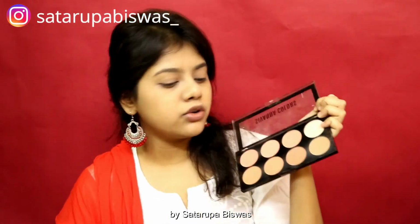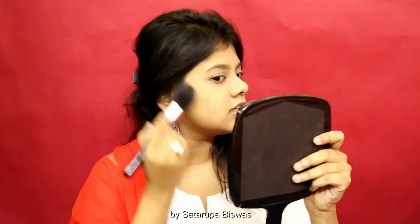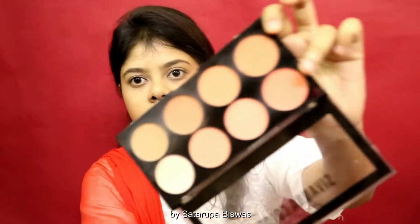So next up, I'm going to bronze and blush. For that, I'm using this Sivanna Colors palette. I'm going to dip my brush into this brown shade, this contour shade, and this peach blush shade together, and I'm going to use these two together on my face for contouring. Okay, next up I'm going to use a little bit of blush. For that I'm using a clean fluffy brush, and I'm going to take this blush and